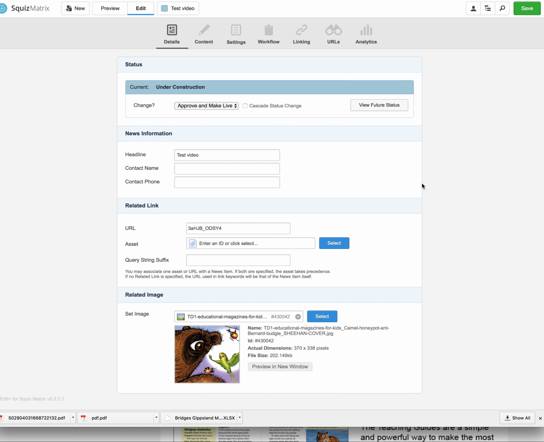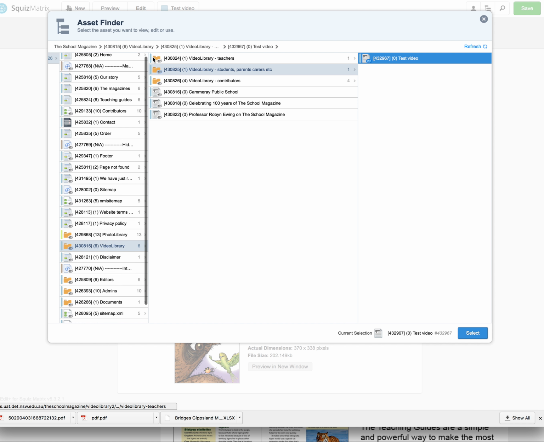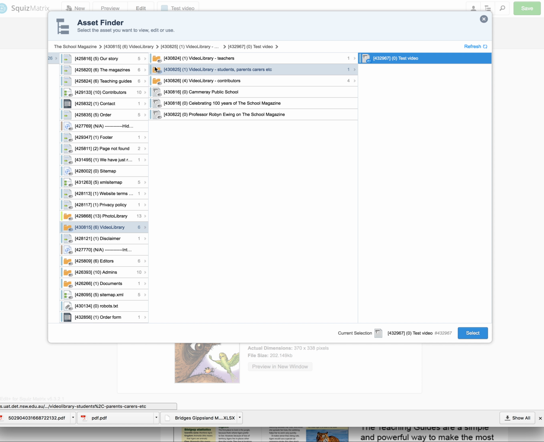And then every time you create a new asset, it'll be under construction by default, which means nobody can see it. So if you want people to see it, you need to change to approve and make live and save. Now that's important, particularly when uploading content for the initial content upload stage, because everything here is pretty much under construction, because none of it is ready to go live, because it's full of placeholder photos and Lorem Ipsum text, and I can see that these are under construction because these are blue. If it was green, it means it would be live. If it was pink, it would mean safe edit,